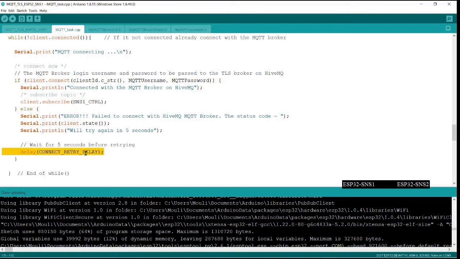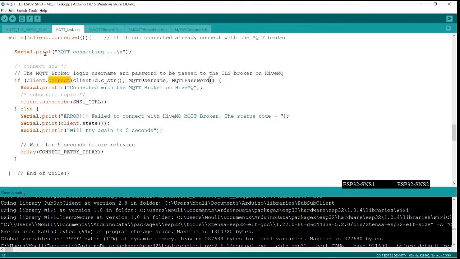Now that cannot be done immediately, so you need to give some delay. If you do it continuously, you will be continuously sending connect messages to the broker, and the broker will think somebody is spamming the server, and it may disconnect. It will not honor the connection. So you need to give some delay for the other end to realize that some valid software is running on this end, otherwise it will be a continuous strain on your network and on your ESP32 side also.